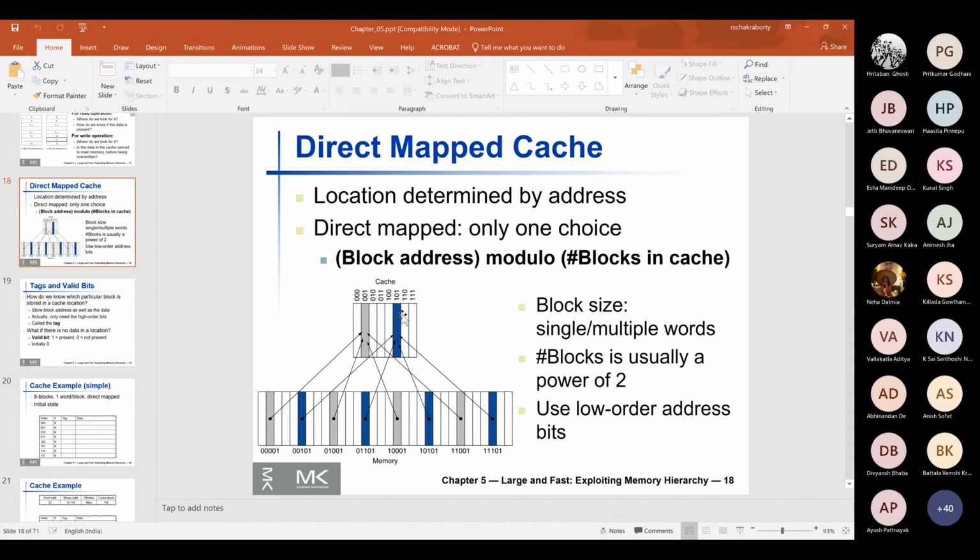Now, after some time, this is a direct map cache. After some time, the program wants memory block 01101 into the same location. It wants memory block 01101. What to do? This is a direct map cache. No option. 01101 must come in and evict block 00101 in the same location 101 in the cache.